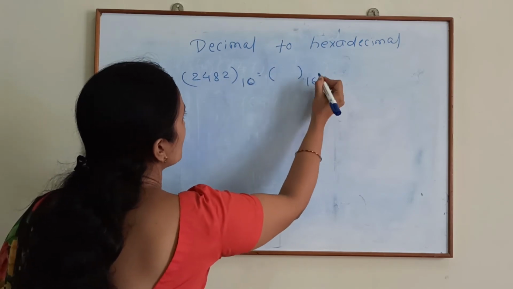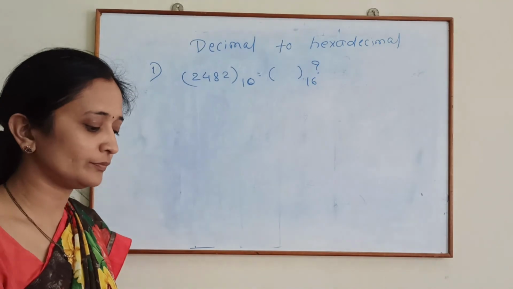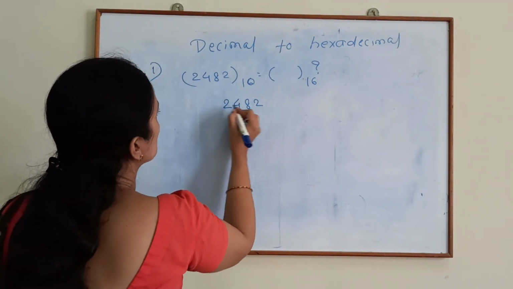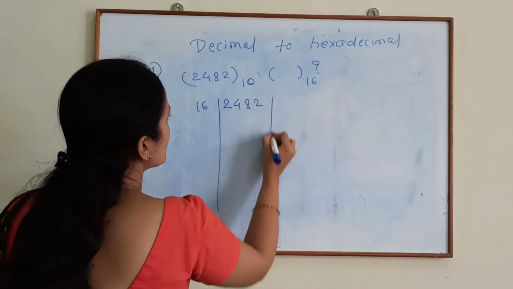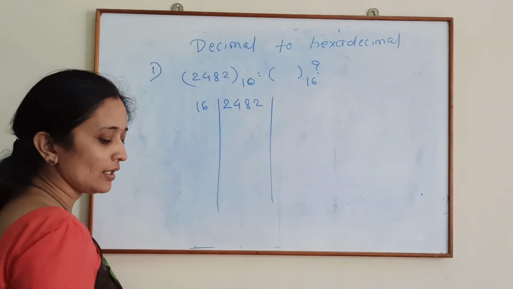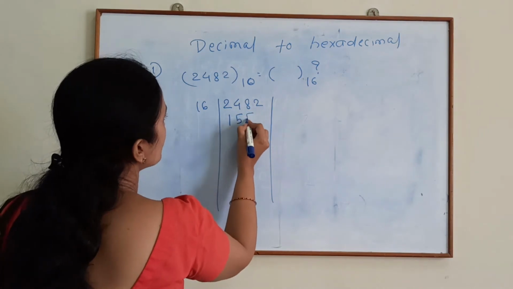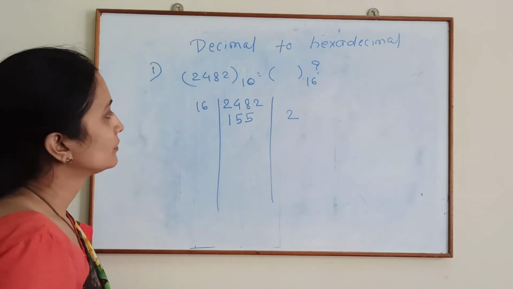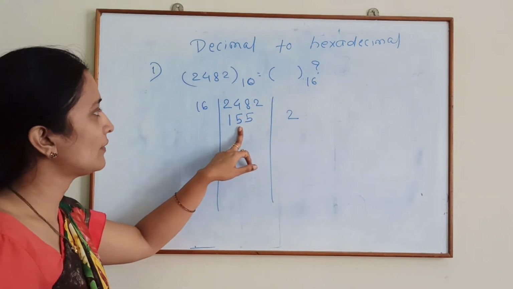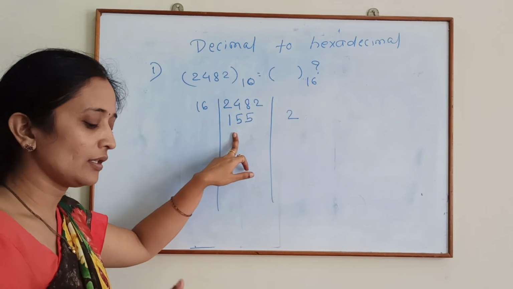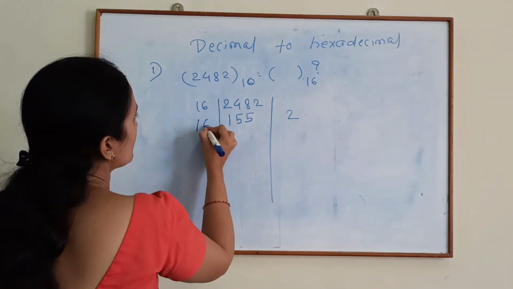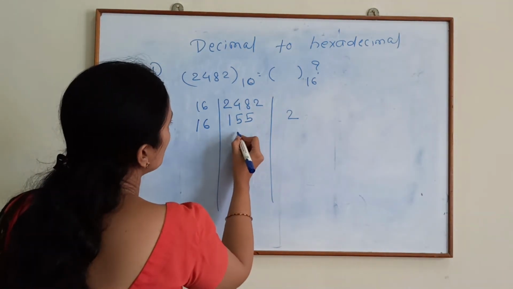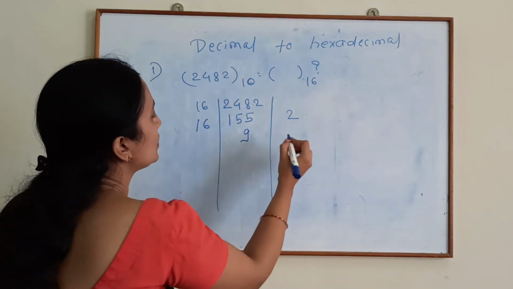We have to convert it into hexadecimal. Take down that number 2482. Divide number by 16 and write here remainder. If you divide number, we will get answer 155 and remainder is 2. This is not 0. We have to repeat the procedure until we get here 0. Therefore, again repeat the procedure. 16 9s are 144. Therefore, here again answer will be 9.